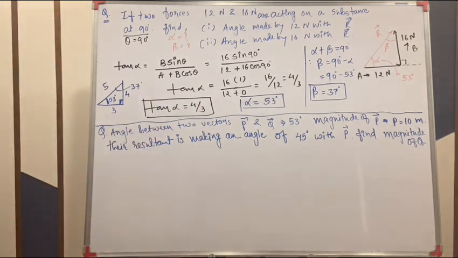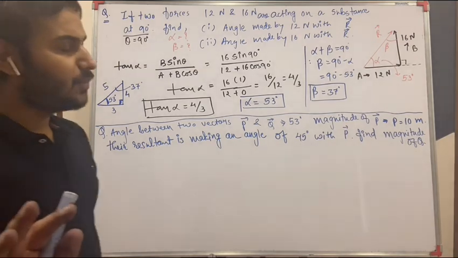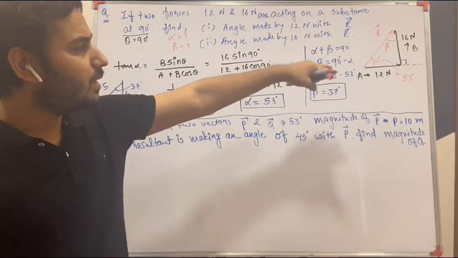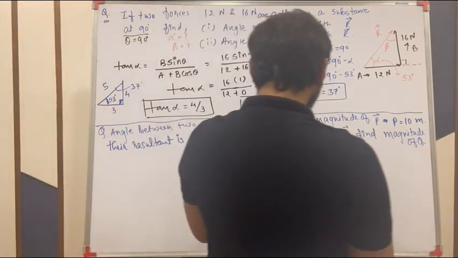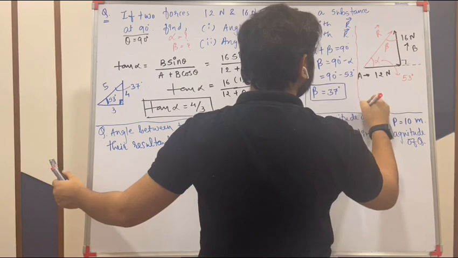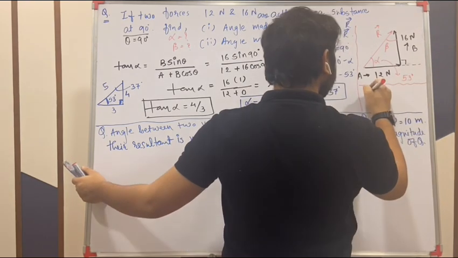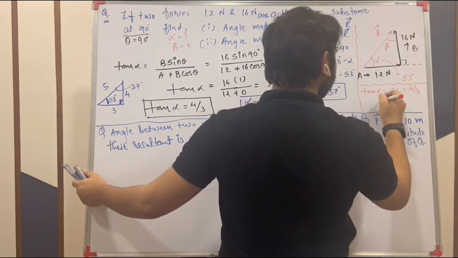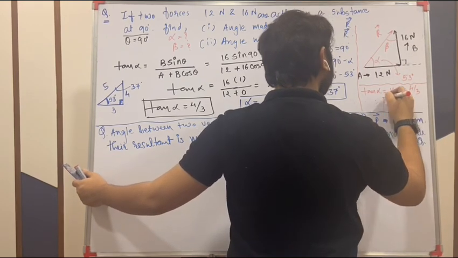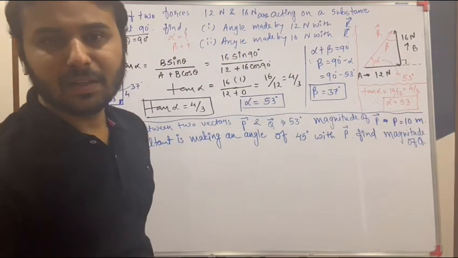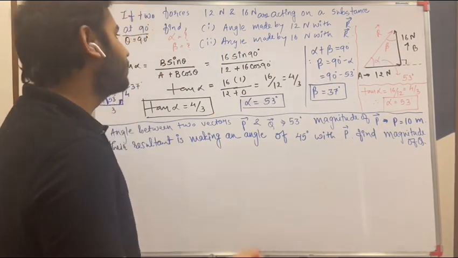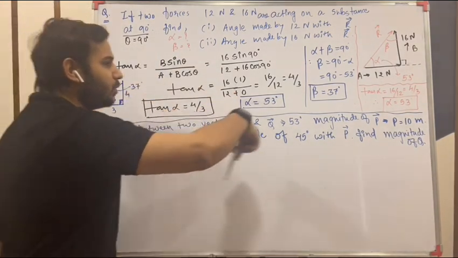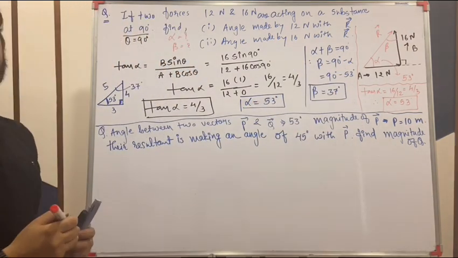Okay, please write down this. Before writing this, you can solve this question by another method also. As you know that B is perpendicular to A, there is a shortcut: tan alpha is 16 by 12, which is 4 by 3, therefore alpha is 53. You can solve directly, but only where theta is 90. For any other theta, you must go through the whole process, and then you can get your perfect answer.